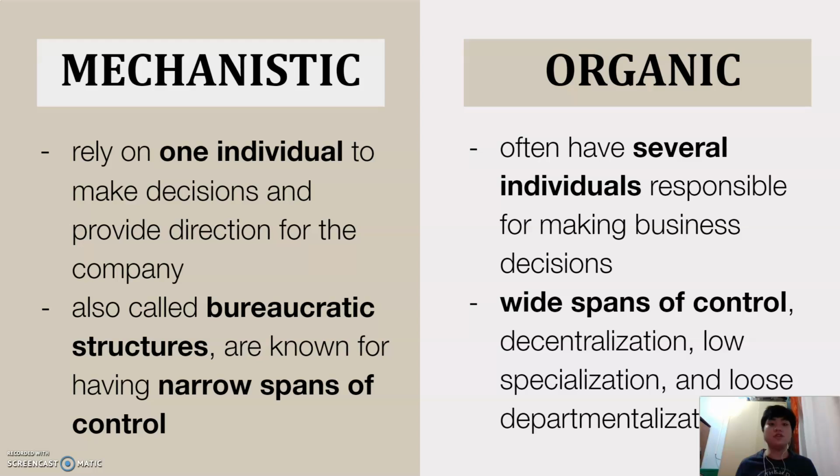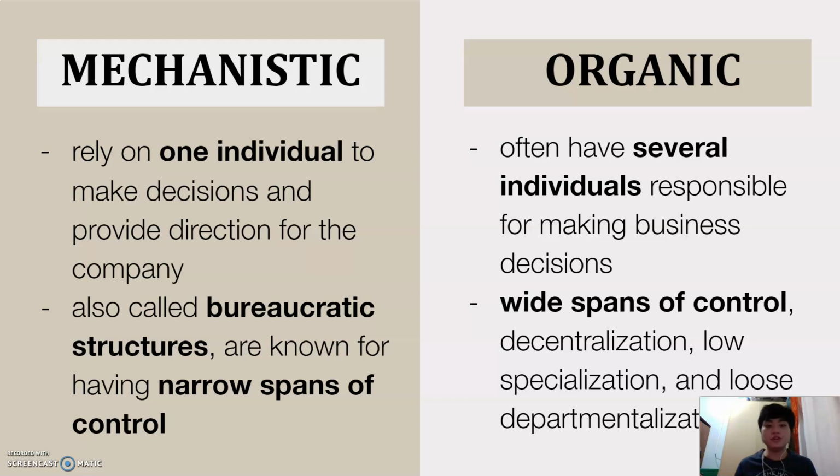Mechanistic structures are also called centralized structures, and are known for having narrow spans of control. They are also quite rigid in what specific departments are designed and permitted to do for the company. This org structure is much more formal than the organic structure, using specific standards and practices to govern every decision the business makes. And while this model does hold staff more accountable for their work, it can become a hindrance to the creativity and agility that the organization needs to keep up with random changes in the market.